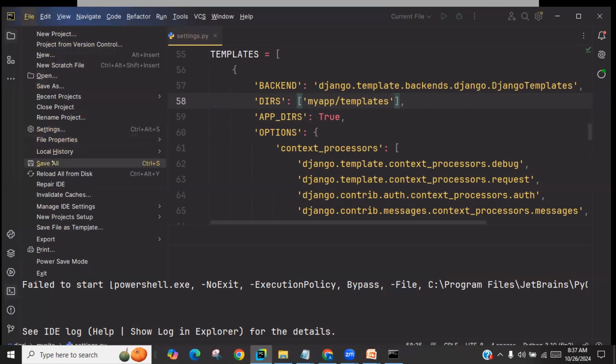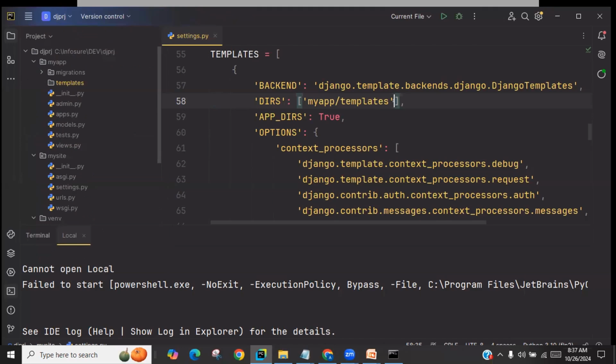And just save, how do you save? Where is the save here? File, Save All, or Control S. Either is fine. This one. Control S. File, yeah, that's Save All. File command. So what I do is I created a template folder under my app and copied that path and